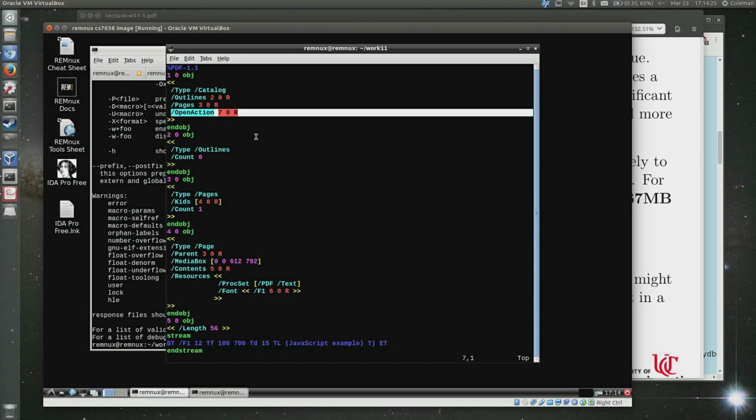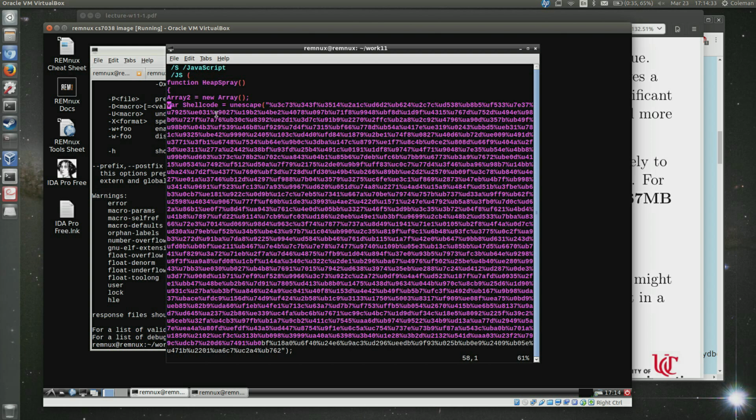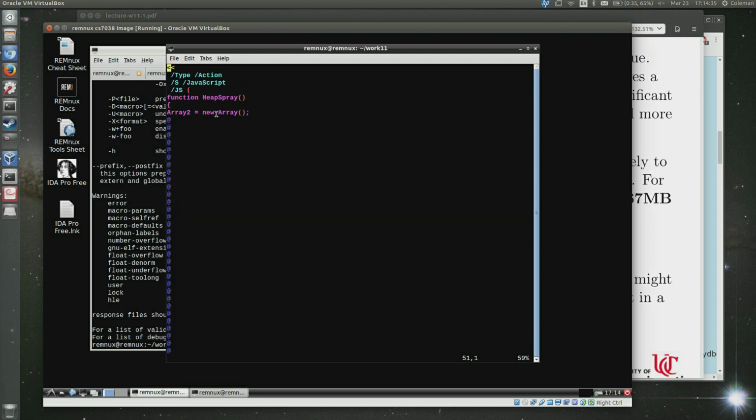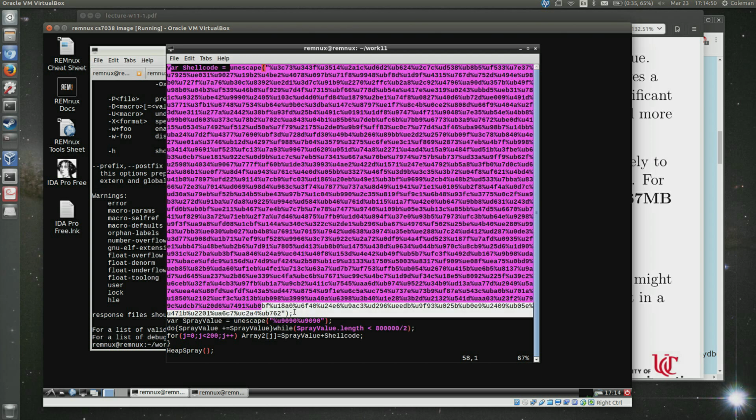So we can look at this and we can follow the open action all the way down to object number 7. And here's that JavaScript that we were looking at in object 7. And so it's right here. Generally, when I would look at something like this, this is JavaScript code. What I can do is I can actually take this, and